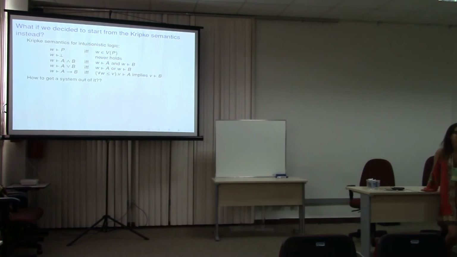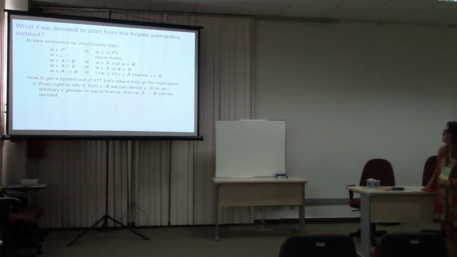So what the hell, right? How can I get a proof system from this? But there are lots of ways of doing that. I'm going to show you one, and I'm only going to look at the implication because this is what is important. I'm going to read this sentence from here to here, that is, from right to left. So what's written here? If A is valid in V, and now I changed the notation a little bit just to look a little bit more formal,